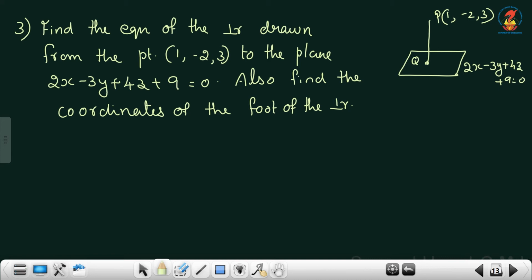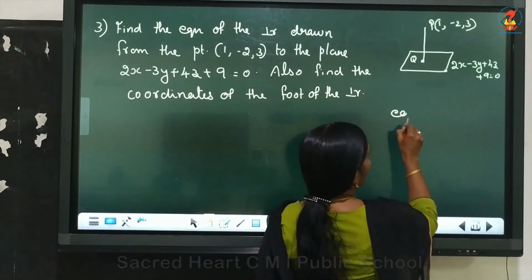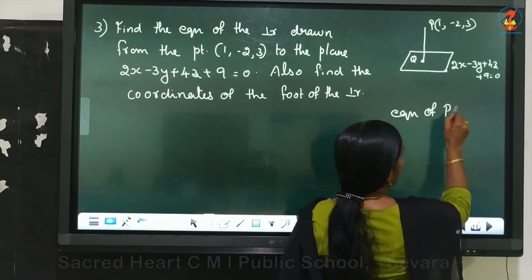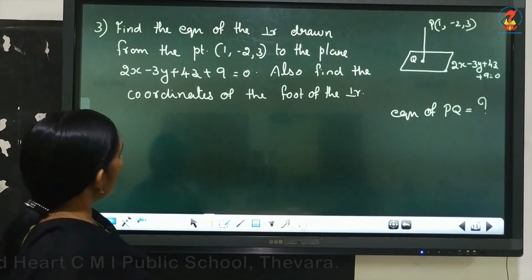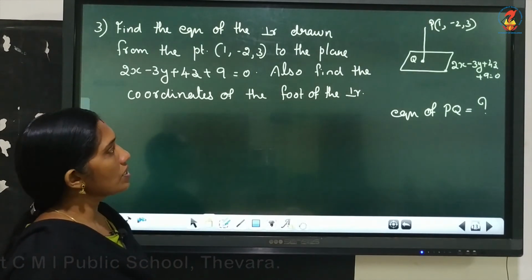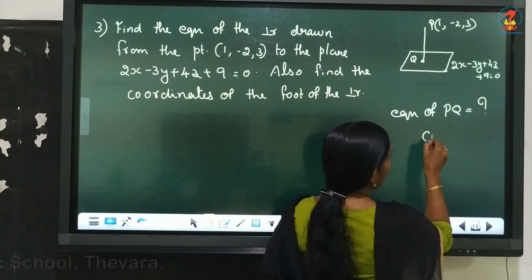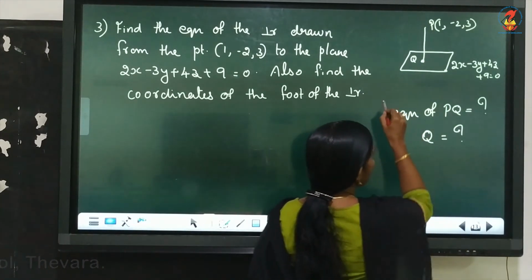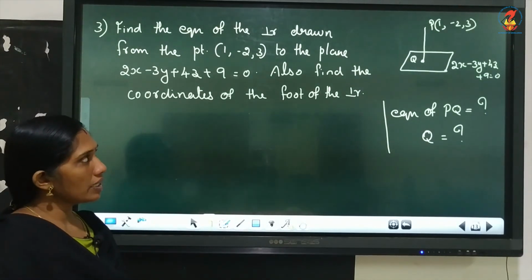So from P to the plane we draw one perpendicular. We have to find the equation of the perpendicular. So equation of PQ, we have to write what is the equation of PQ. Line PQ, it's a line PQ. Then find the coordinates of the foot of the perpendicular. So Q is the foot of the perpendicular. So what is Q? This also we have to find. Okay. So for that,